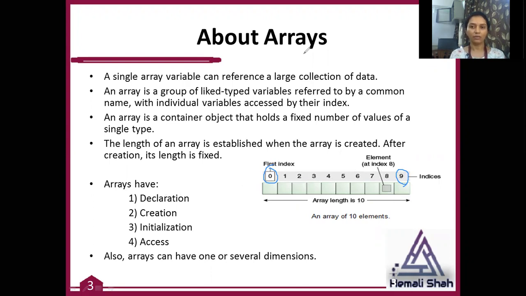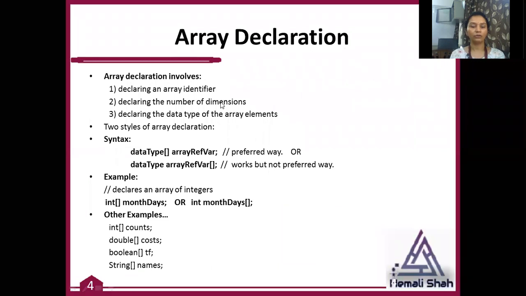So let us see how to declare an array in Java, how to create an array in Java, how to initialize an array in Java, and how to access elements of an array in Java. So next is how to declare an array. For the declaration, you need an identifier, the array identifier name, that means the array variable name, then the number of dimensions, how many dimensions you want to create for the array: single-dimension array, 2-dimension array, 3-dimension array.